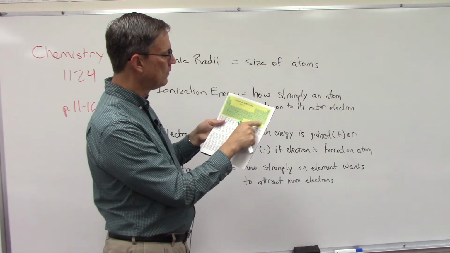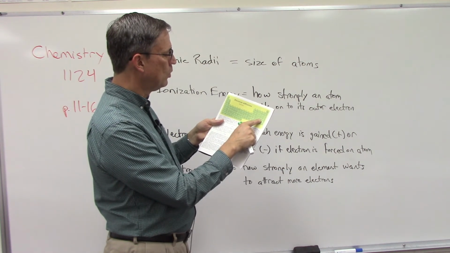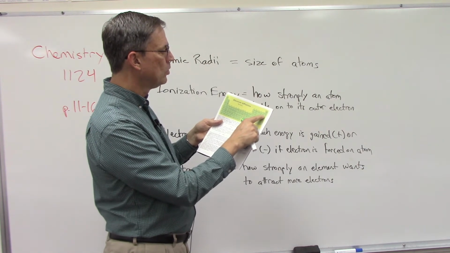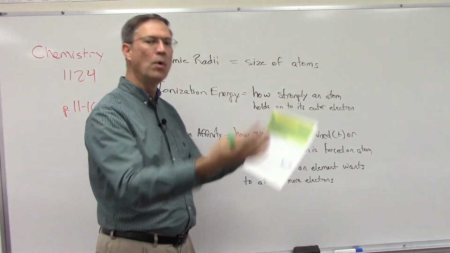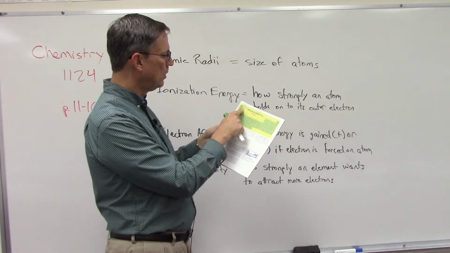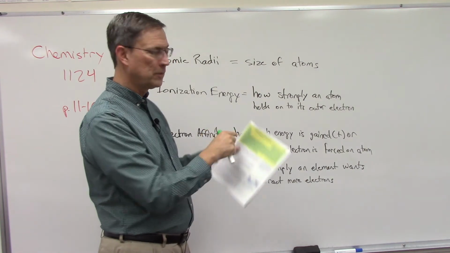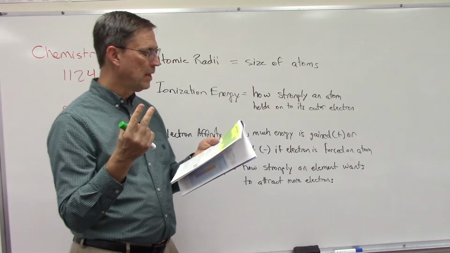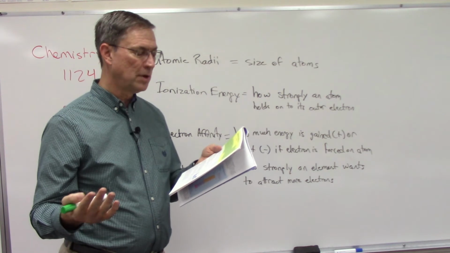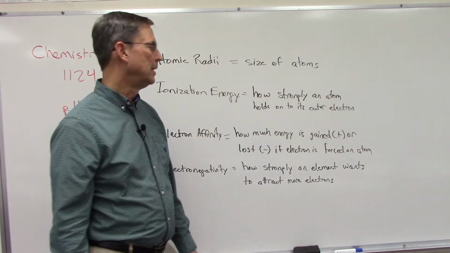Negative 322. I think that's almost the highest on the chart. Bromine's negative 325. Ooh, chlorine, negative 349. So those elements up there are saying, please, I want 1 more, just 1 more. The positive ones are this second family. Look, all those positive numbers, because they have 2 electrons, and they're satisfied. If you try to shove 1 more on them, they're like, I don't want that, okay? And all right,